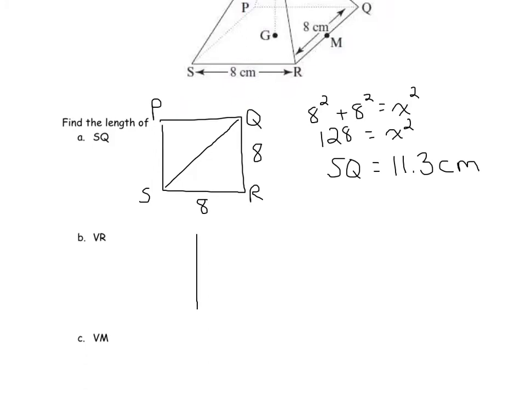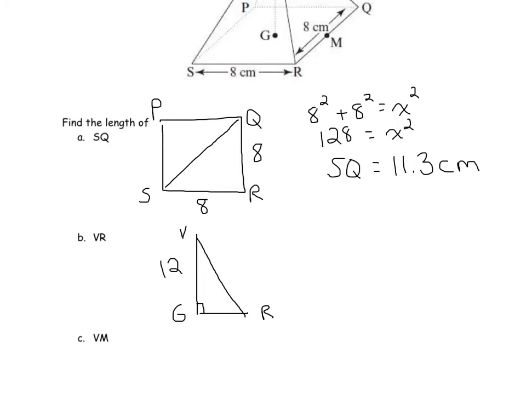V would be the top, to G, which is the center of that base, out to R. And let's see what we know. Well, they tell us that VG is 12. And that is the height, so it does meet at a right angle. G is in the center of that base. So, if the whole thing is 8,